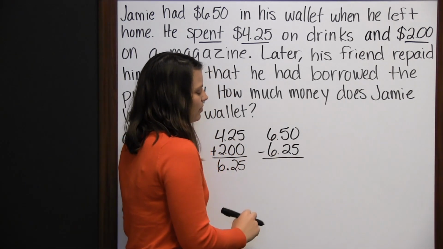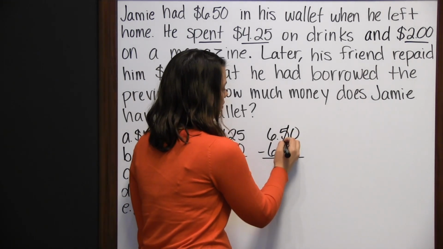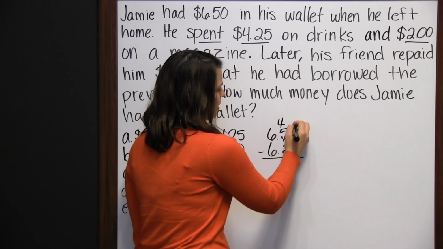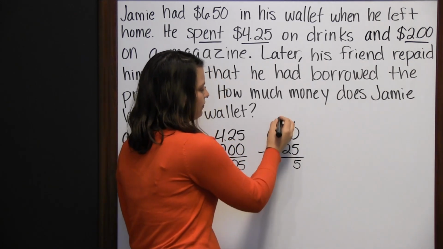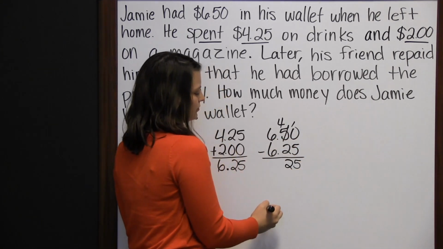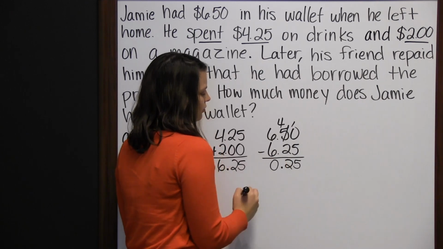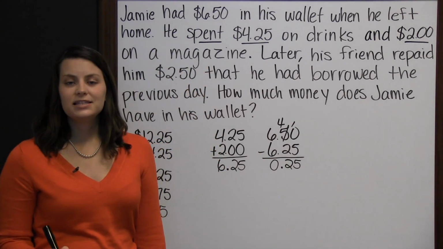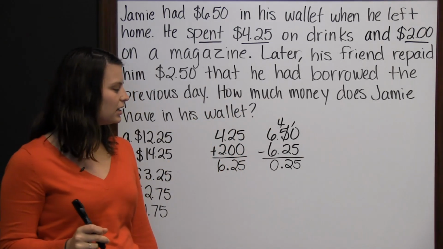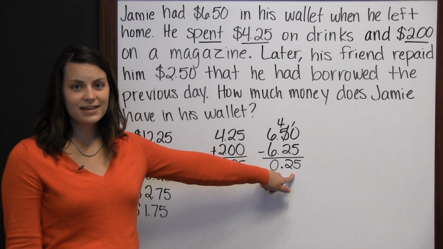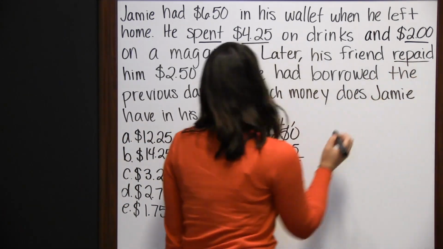And again, we need to line up our decimals. I can't take 5 from 0, so I'm going to borrow from this 5. It becomes a 4. And now I have 10 minus 5 is 5. And 4 minus 2 is 2. Can bring down that decimal. 6 minus 6 is 0. So that means after he spent the $4.25 on the drinks and $2 on the magazine, he only had 25 cents left. But his friend repaid him